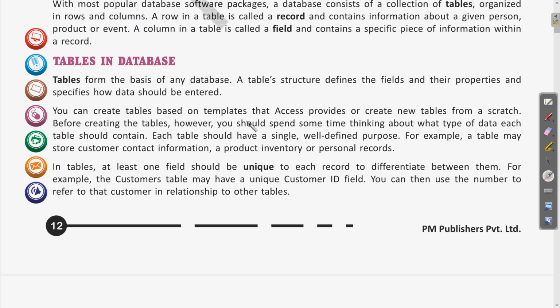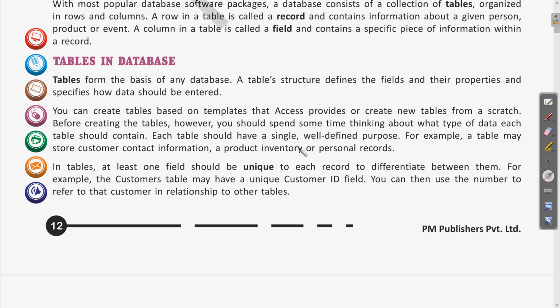For example, customer information related to any business, or product inventory. According to the different scenario and purpose for which the tables or databases are maintained, for all of these databases we need some unique values so that we can distinguish between the different records.